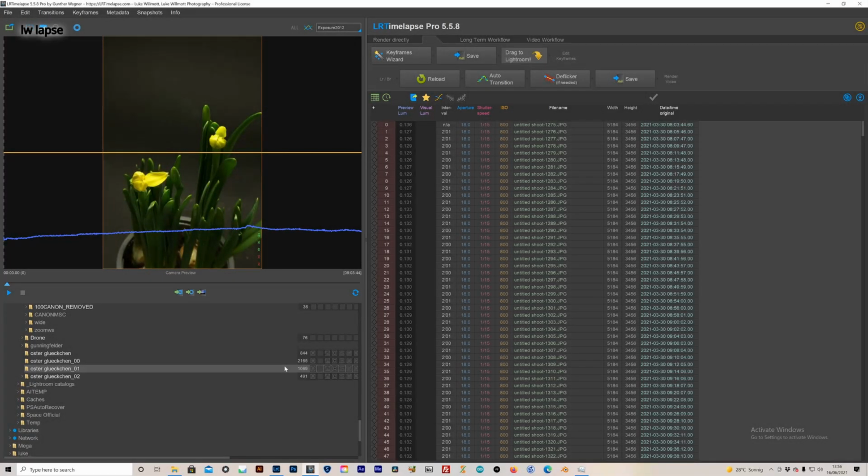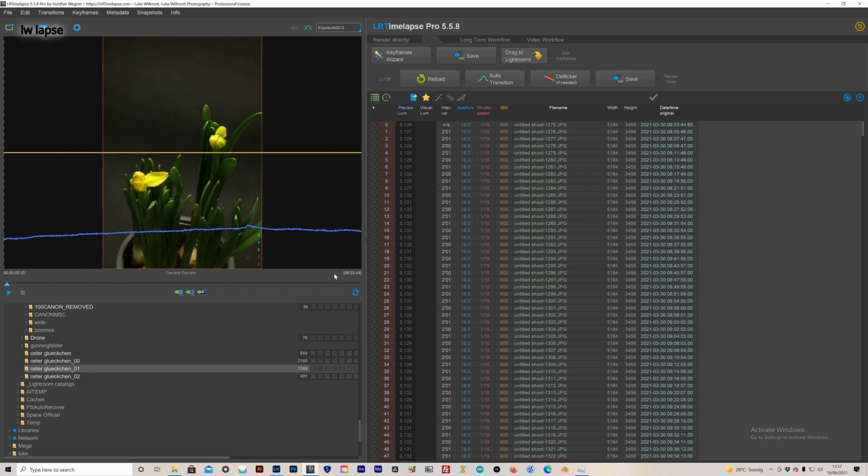I already have all the images imported from my camera and you can see them here in LR Timelapse. I've divided them into 4 folders where I changed the camera position, and today I'll be working on this folder containing just over 1,000 images. First step is to make sure I've got no stray images at the front or the back where the camera may have wobbled, and once I've ascertained that, we'll go ahead and keyframe it and process it.